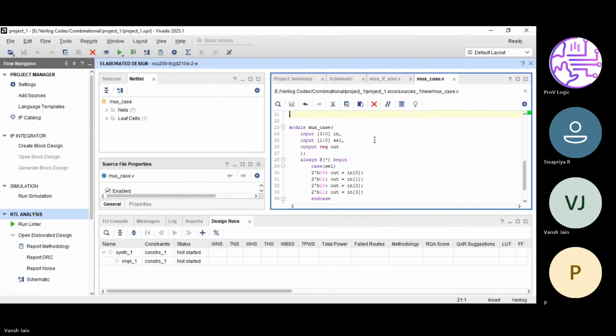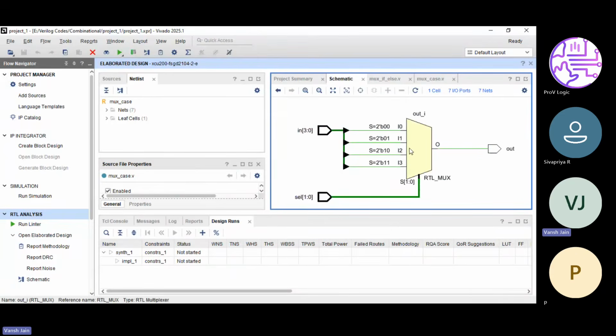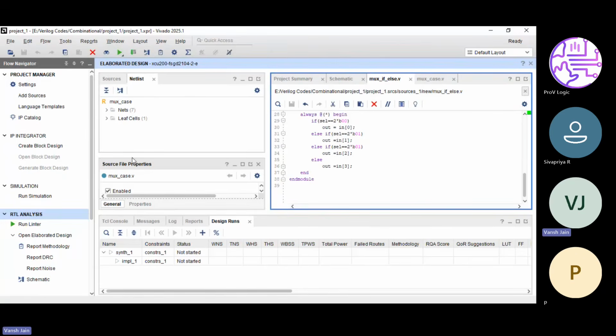This is the Mux case. So symmetric will be like this: 4 cross 1 mux. Okay, so for the if else case,